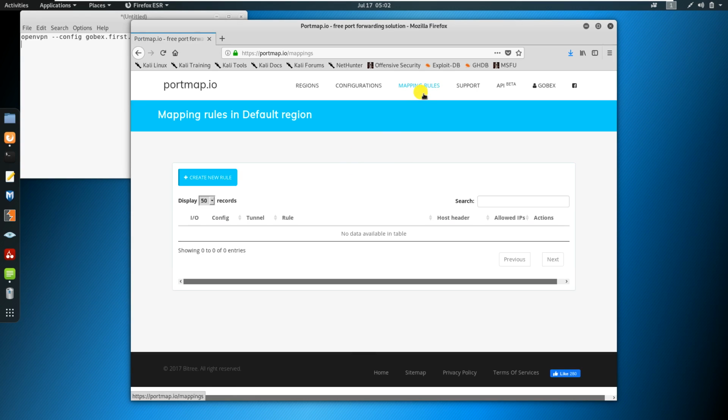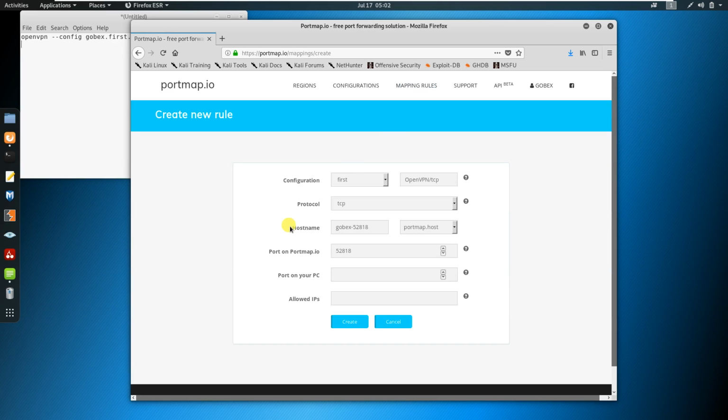Click on mapping rules, then create a new rule. After that, change this parameter from portmap.host to portmap.io. It should be TCP, and here you have to enter any port, internal port, meaning your PC port.